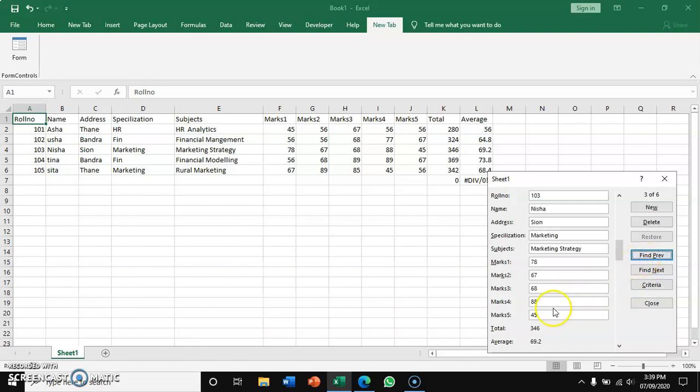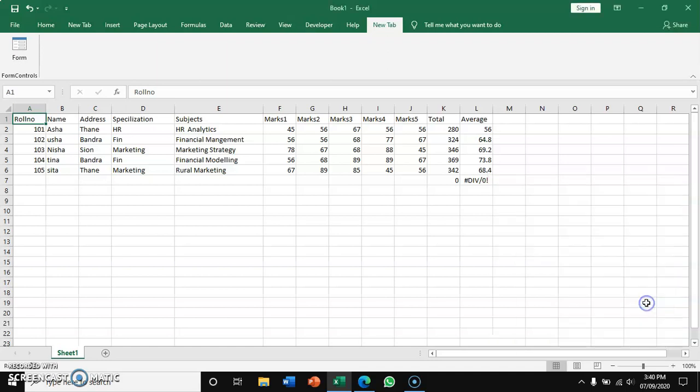So on 103 it is greater than 68, then where is it? On 104. That's it. Again there is 105. So this is how you can create a criteria in the form.